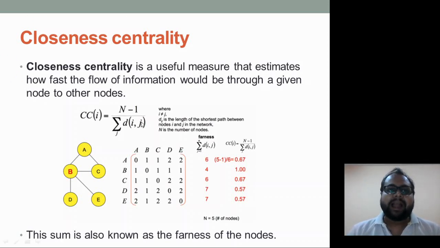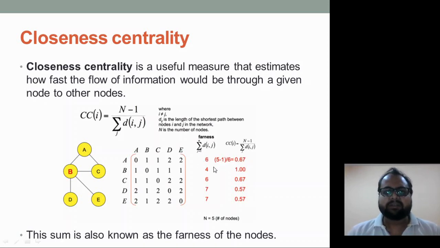So this is your equation for closeness centrality, that is C and C, and this value, okay, summation of dij, I and j were these values, okay, that summation of I dij was, this was the farness ka value। have you got the farness value? Yes, so this is your farness value। now equation क्या कहता है हमको, n minus 1, n is 5 because there are 5, so for all of the entire network it will be 5 minus 1, so n minus 1, that is 5 minus 1 upon farness क्या है 6,